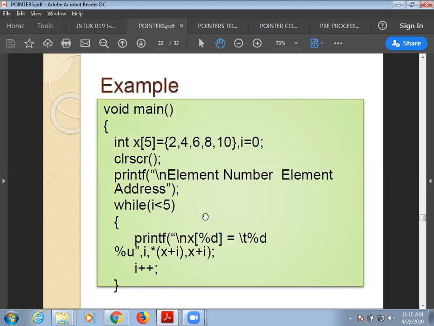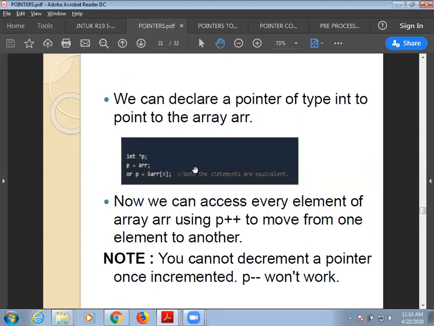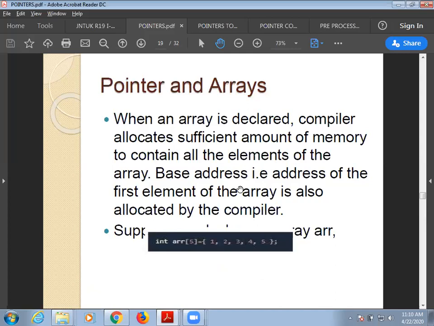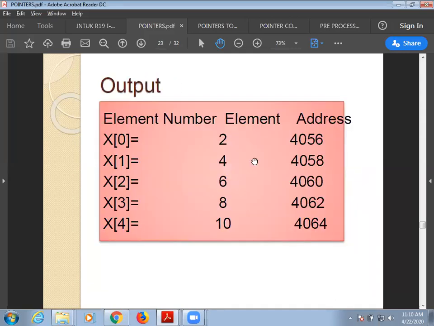So this printf statement will print the position, the value, and its address. Those are the things you have. i means the particular 0th position. Star x plus i means the value, the dereference operation. The x plus i means the particular address 1000 plus 0. It will print the 1000. If you try to execute all these things, we'll get it in a clear manner. This example just uses pointers and arrays.